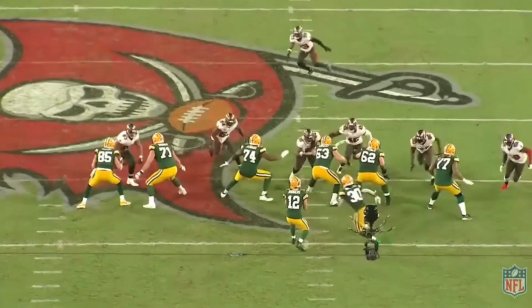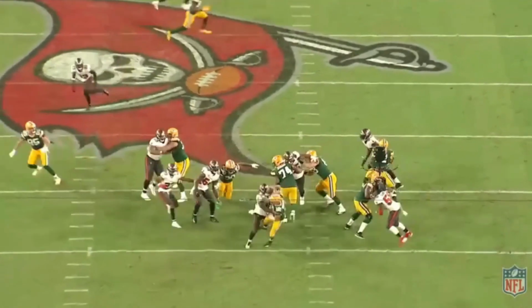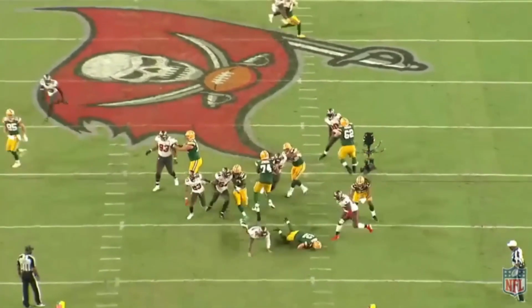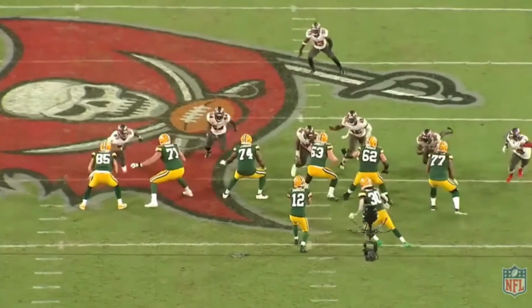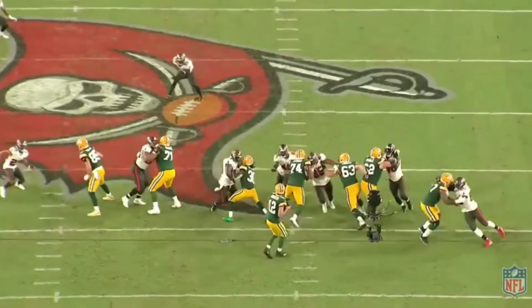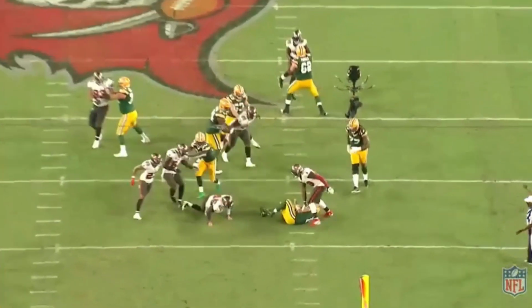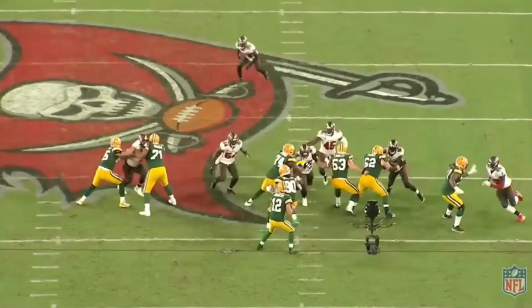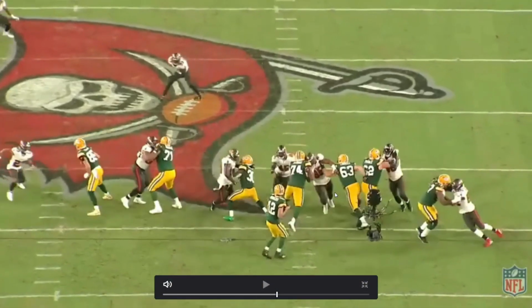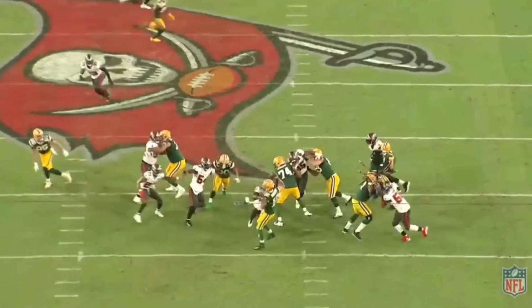What'd you like? Yeah, this was probably my favorite play of the game. I just loved it because they've run this play a lot so far already during the season. They run those cross dogs with Levante and Devon White, and they don't really cross here, but it's just a good job of selling the pressure. Good job by Ledbetter there carrying two guys, and then Devon White just gets through that hole. But you can just see the confusion there by the offensive line. They really don't know who to pick up, and Devon White's free to hit Aaron Rodgers, and boy, does he